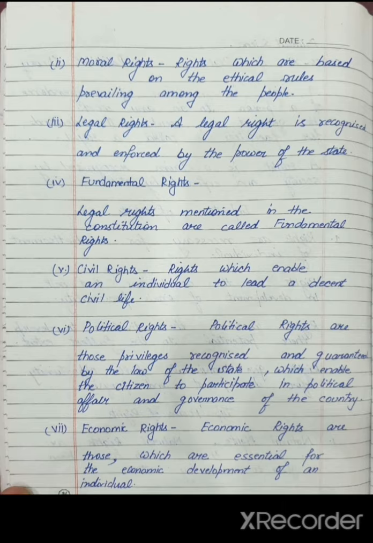और मैंने आपको बता भी दिया था ऑनलाइन क्लासेस में कि कौन कौन से आर्टिकल राइट टू इक्वालिटी का है, देन राइट टू फ्रीडम का है, देन सिविल राइट्स भी हमने डिस्कस किए थे. The rights which enable an individual to lead a decent civil life, like right to take fresh air, right to maintain the environment, ये हमारे सिविल राइट्स हैं. पॉलिटिकल राइट्स हमने पढ़े थे. Political rights mean which are related to politics. राइट टू वोट, राइट टू क्रिटिसाइज गवर्नमेंट, राइट टू चूज गवर्नमेंट, राइट टू कंटेस्ट इलेक्शन, all come under the political rights.